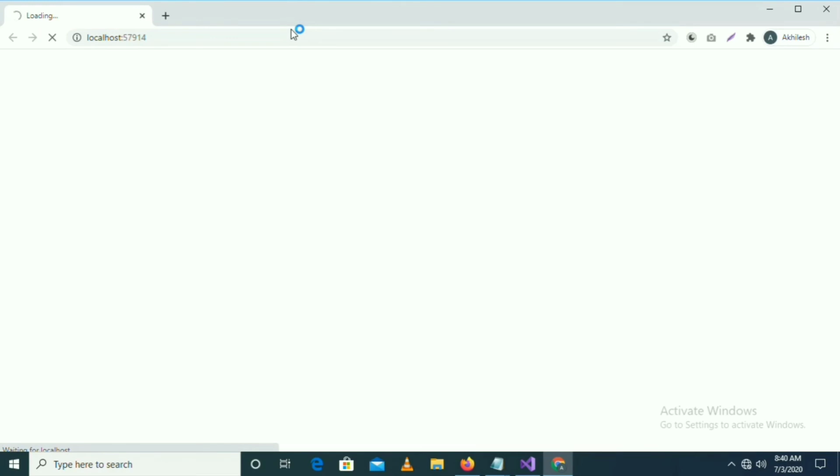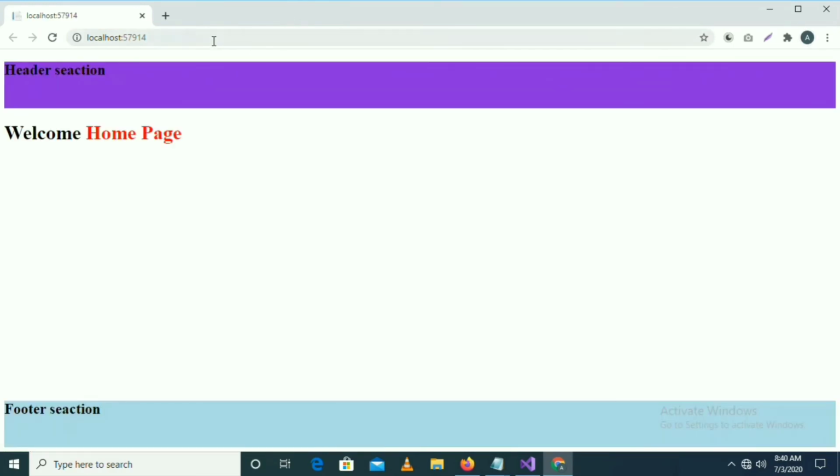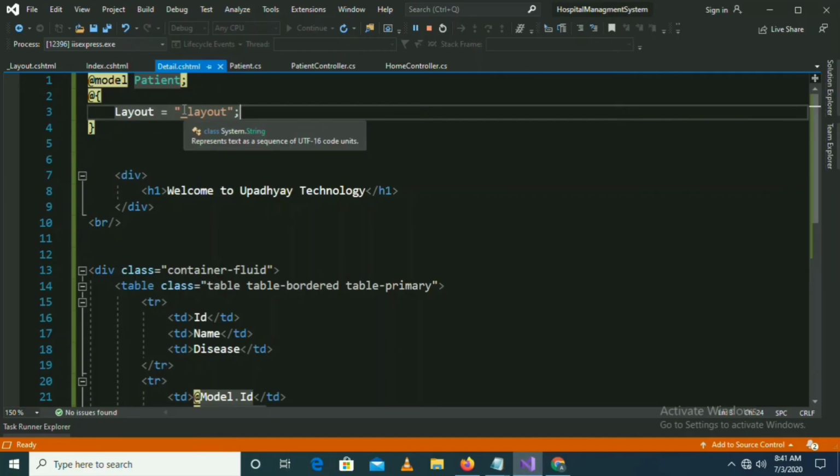There are two ways we can write layout. Either we can give the name only, or we can give the full address. Here on the index page and in the patient details page, layout is coming. Currently I am giving the name of my layout. Another way is, if we want, we can give the full address.